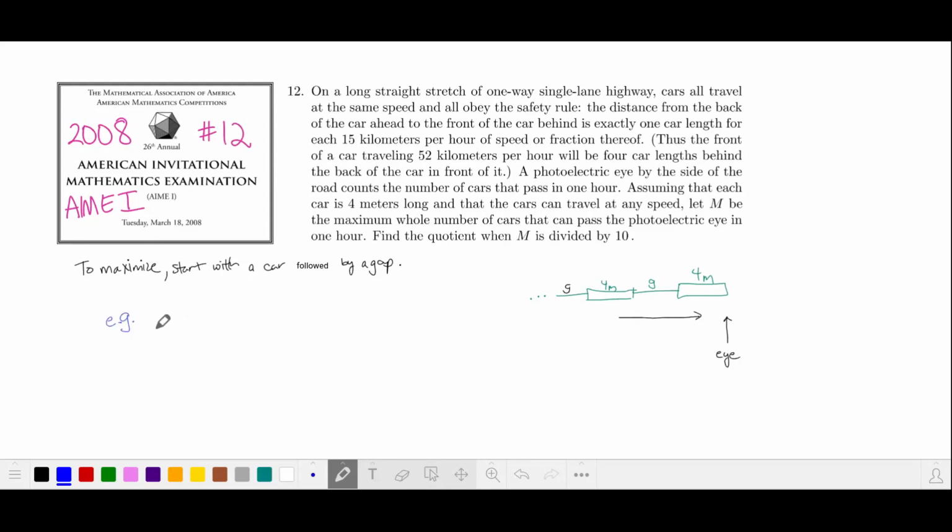terms of the speed. So in the problem statement, the speed of the car is 52 kilometers per hour. So we take 52 and divide by 15 kilometers per hour, and then it looks like we round up to 4 car lengths. We can express this rounding up with the ceiling function. We'll take the speed divided by 15 and take the ceiling of it. To calculate the length of the gap between any two cars, we take this ratio and multiply it by 4